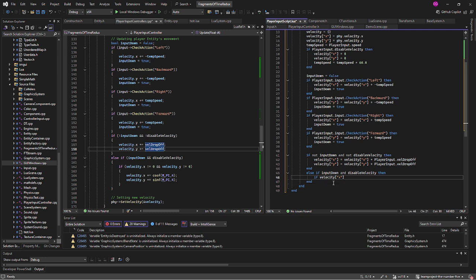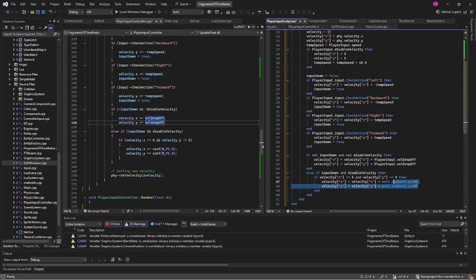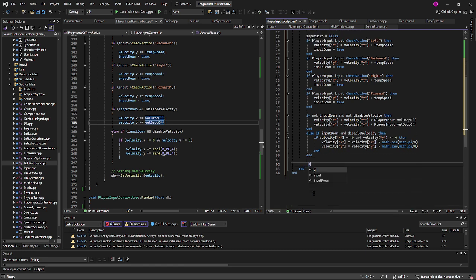Now, what's interesting is for comparators, this is not equal. So not equal 0, and velocity y not equal 0. Then we want the math part. Okay. And then after both of these, we want